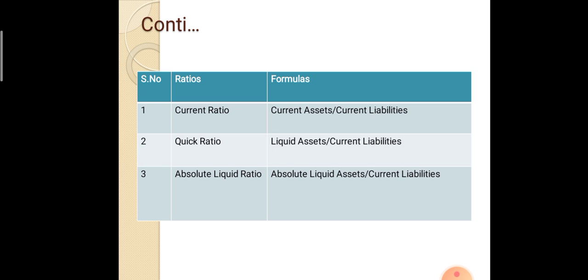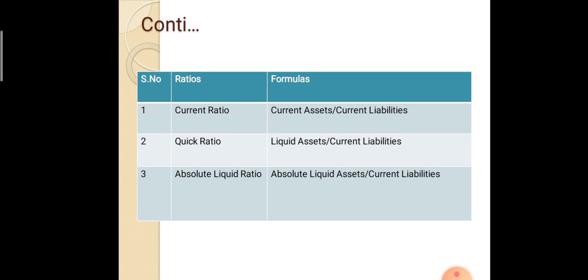So here they include cash in hand and at bank, bills receivable, net sundry debtors, stock of raw materials, finished goods and work in progress, prepaid expenses, outstanding incomes, accrued incomes, and short term or temporary or current investments, loose tools and stores and spares. These are current assets for the purpose of calculating these ratios.